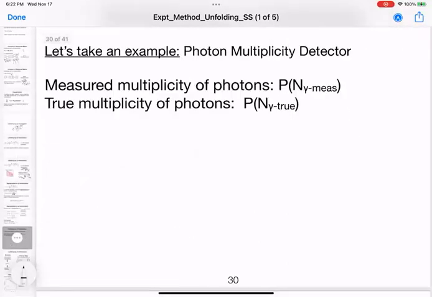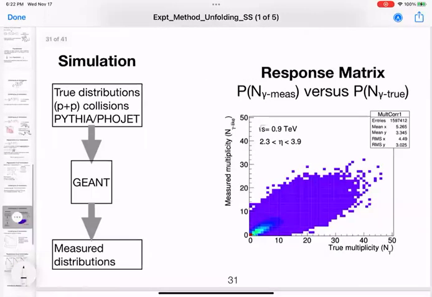So yeah, let's now start again with this PMD example, where we have a true distribution of photon multiplicity, N gamma true, and we also have this N gamma measured. So in simulation, what we do is generate the true distribution in pp collisions using PYTHIA. We pass it through GEANT, and then we get the measured distribution or N gamma detected. Then we can make a two-dimensional histogram where the x-axis is the true multiplicity and the y-axis is the measured multiplicity. So this is our